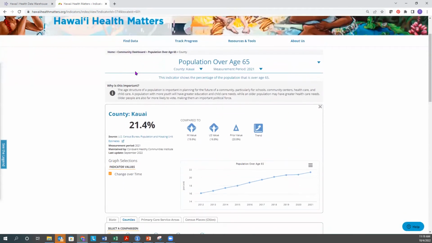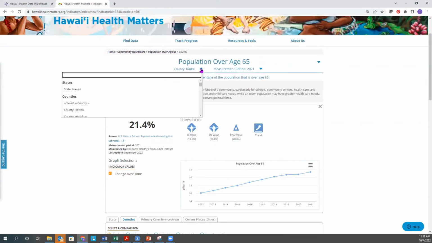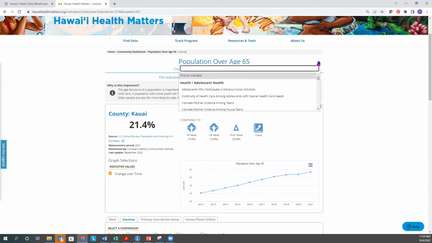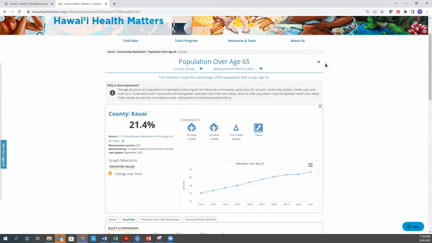And here in an indicator report, you will first find the title of the report, the geography. If you want to change the geography, you can always click on the triangle, and that gives you our drop-down menus. Whenever you see a triangle in the system, then you can do some changes there. You can also change your time period. If you wanted to change your indicator, you can do that as well here by either scrolling through or beginning to type in information. Then you have the information, the definition.